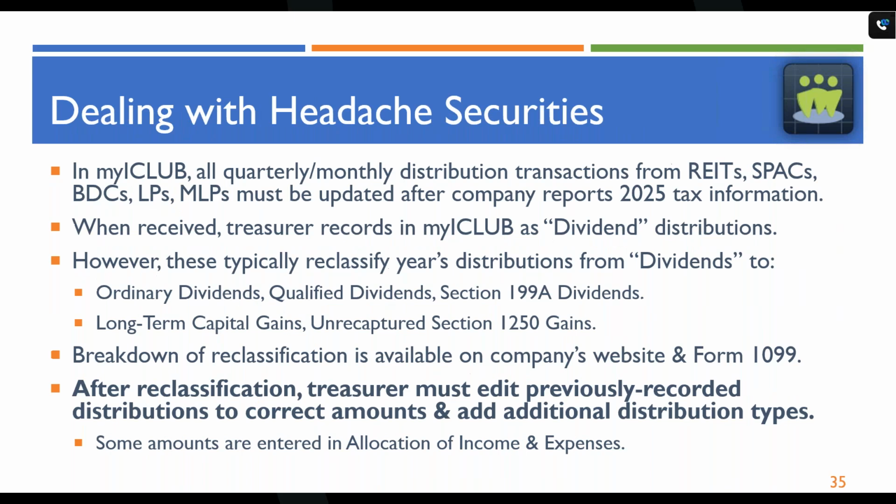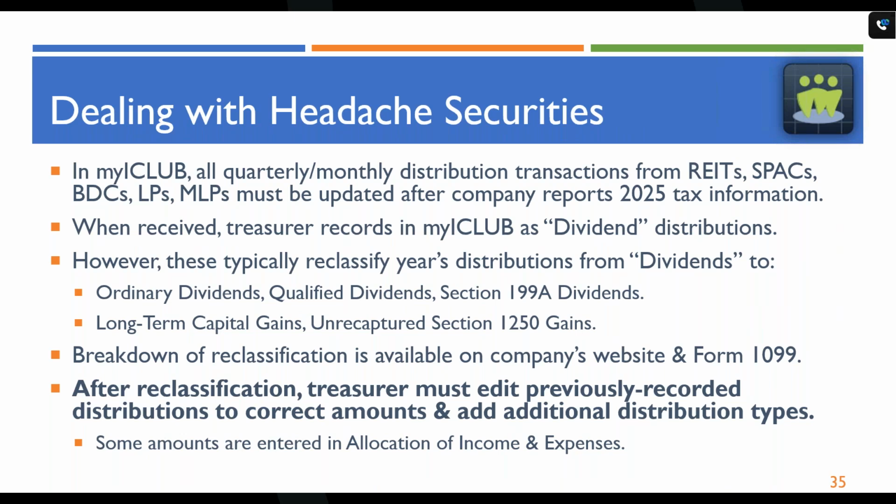Okay, well, you can deal with some of the headache securities. Probably the easiest one is REITs, but the easiest thing for your treasurer and the less trouble is to avoid those problem securities. Okay, so when received, the broker statement is going to say this distribution is a dividend and it's going to be entered as a dividend. However, they get reclassified and they tell you what they really were. There could be ordinary dividends, qualified dividends. If it's a REIT,